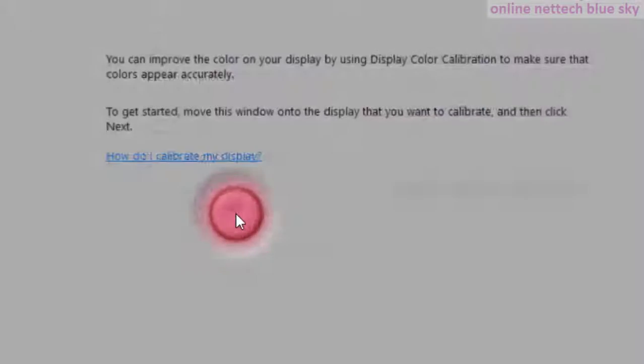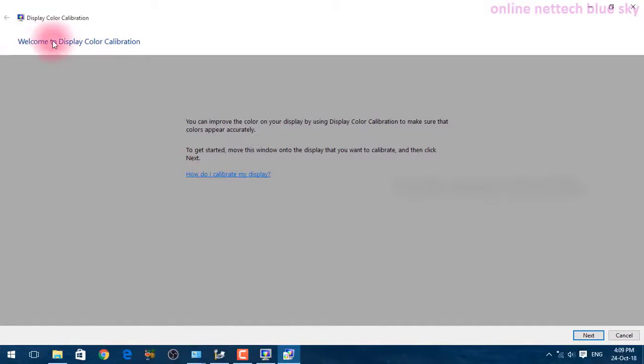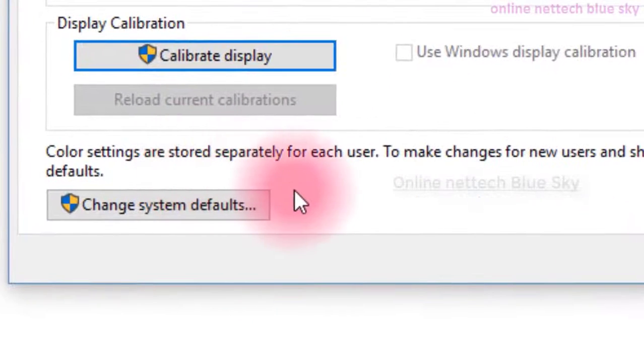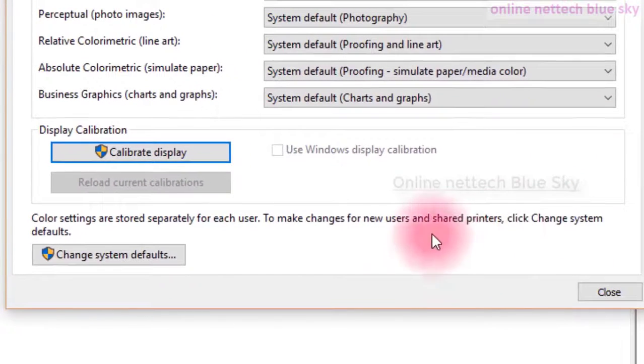So this is a very important setting, all of you can see my color management system of display here. The display is not directly changed here because the effect needs a restart. So I don't like to calibrate the display. I will discuss it in some video, but maybe I'm discussing these systems here. I can change the system default settings separately for each computer user here. Okay,